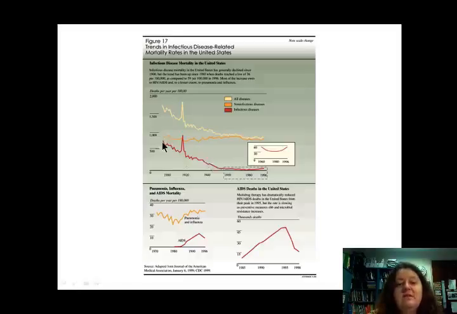So all of this decrease here is not due to those advantages. Everything else from 1900 to about 1940, the biggest thing is something we'll call public health. And we're going to talk a lot more about that this quarter. Basically, you have people who are in charge of monitoring the public health and caring for the public health. So things like chlorination of water supplies. Safe water is huge when it comes to infectious disease.